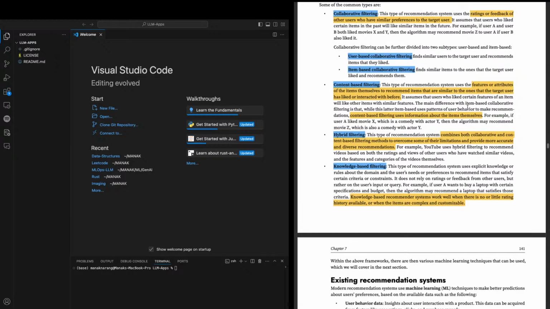If A likes a movie X with the actor Y, and actor Y is also in a comedy film of the same genre and has acted in a film Z, then Z is recommended to A. So similar actors or similar, it goes a bit more in depth. Hybrid fit. Does not rely on revenue.